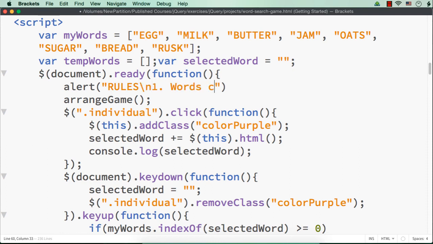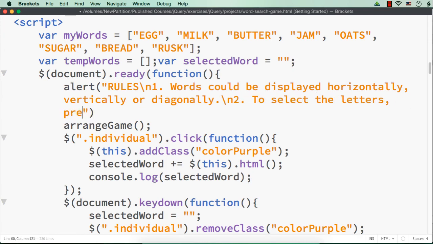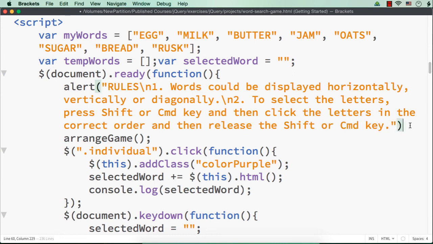Words could be displayed horizontally, vertically, or diagonally. \n. Then rule number 2. To select the letters, press Shift or Command key and then click the letters in the correct order and then release the Shift or Command key. These are the two rules I want to display.